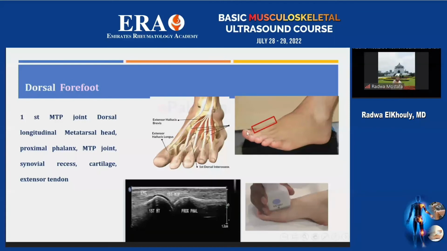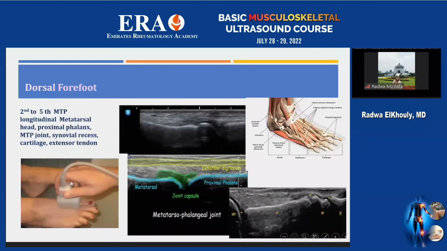We will start with the first metatarsophalangeal joint. We will see the first metatarsal head with anechoic hyaline cartilage and the proximal phalanx. In between, we don't see the synovial recess except if there is minimal fluid in it. Above it is the extensor hallucis tendon, which is a hyperechoic fiber. Sweeping to the lateral aspect, we start scanning from the second to the fifth metatarsophalangeal joints, and we will see